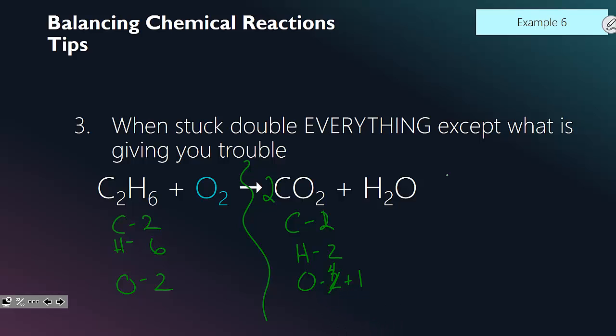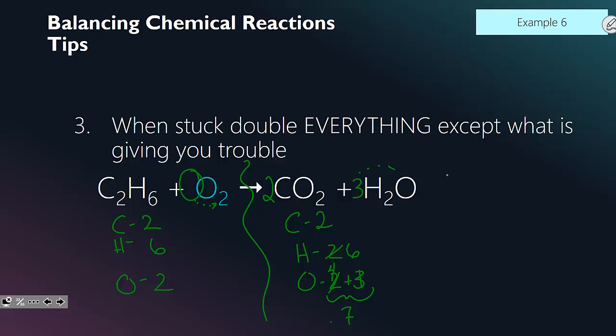We're going to save oxygen for last, so I'm not going to keep going with that. Let's talk about the hydrogen. 6 hydrogens cannot disappear down into 2 hydrogens, so if I put a 3 here, that'll give me 6 hydrogens, but that will also change my number of oxygens. I now have 3 oxygens from that water, plus 4 from the carbon dioxide. In order to balance this reaction, I need to put a coefficient here that when multiplied by 2 gives me